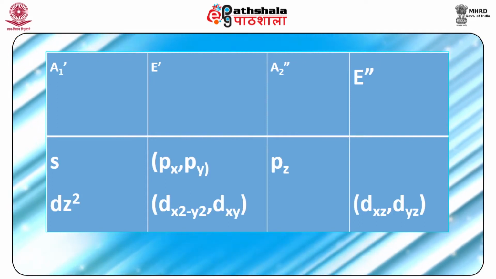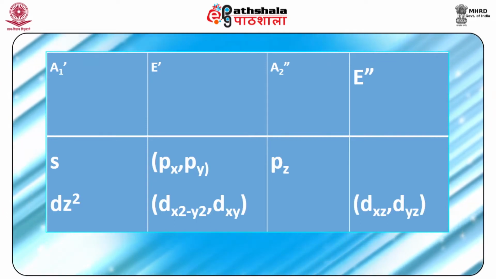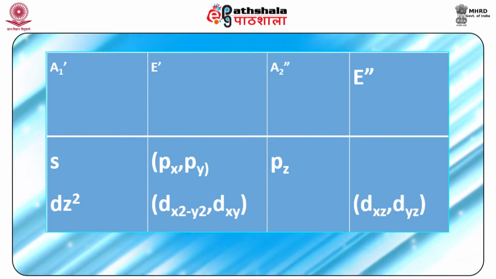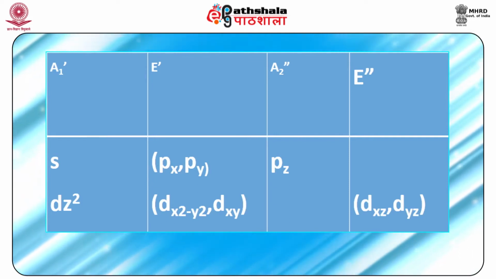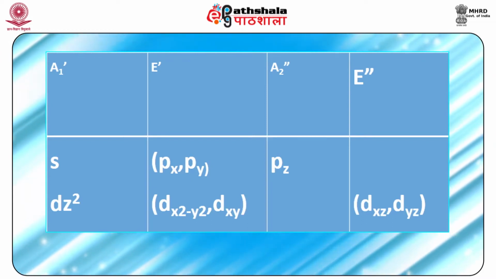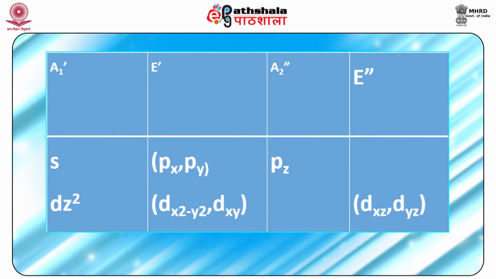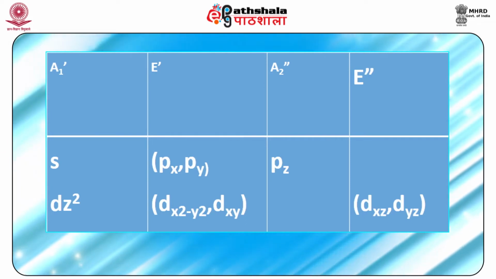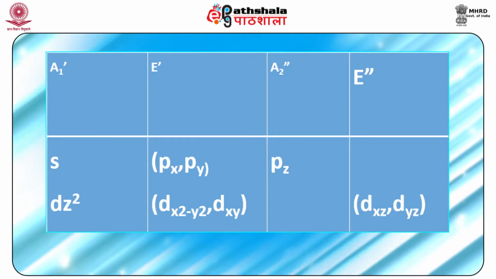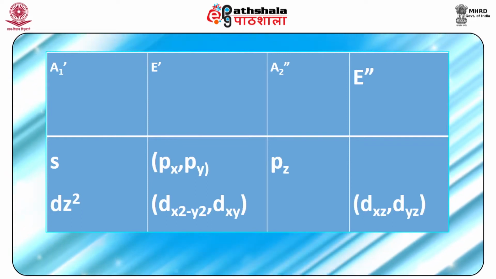For A2 double dash we have only Pz, and for E double dash we have dxz and dyz. But I will be taking 2 atomic orbitals of A1 dash, 1 atomic orbital of A2 double dash, and 2 atomic orbitals of E dash symmetry, and then we have the possible combinations for this. Atomic orbitals dxz and dyz of symmetry E double dash will not be considered for mixing in forming hybrid orbitals, as